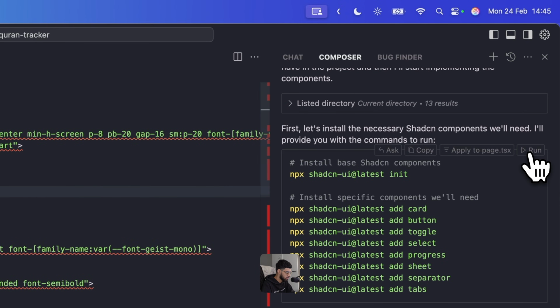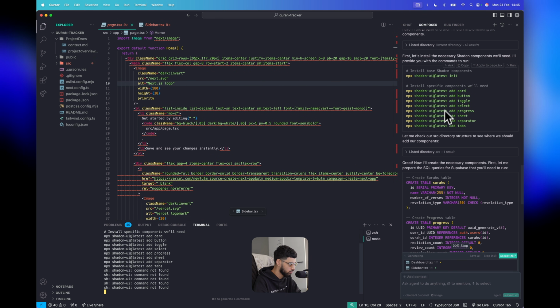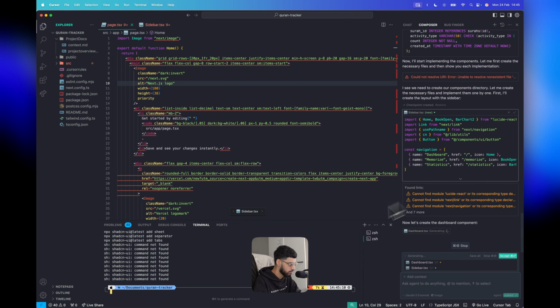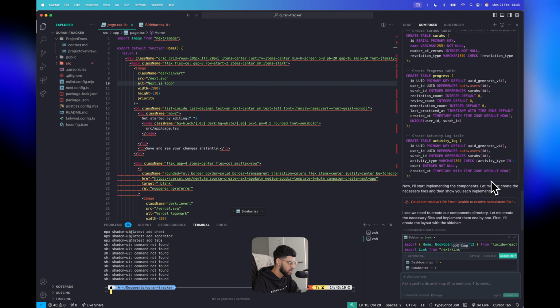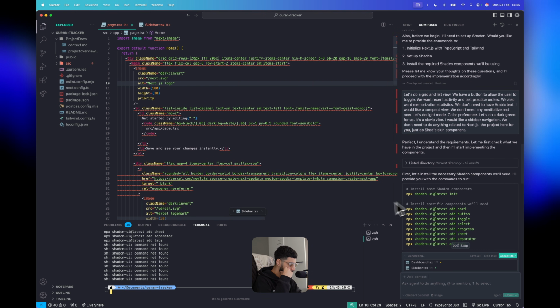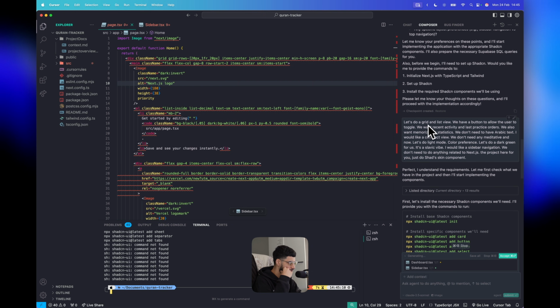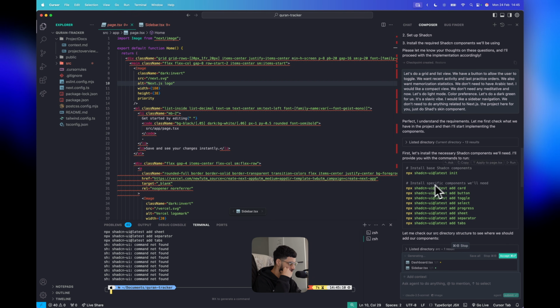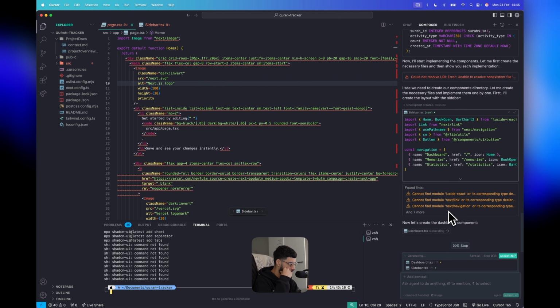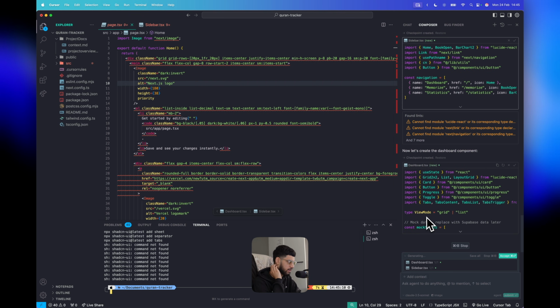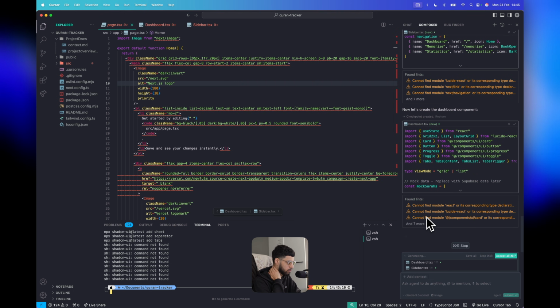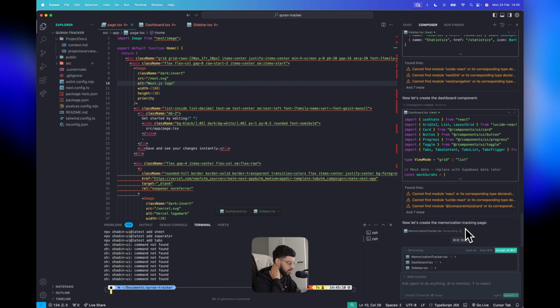I think it wants me to run this, so I'm just going to do that. But these are all the wrong commands. So I think what happened is my Super Whisper actually had a bug, and it didn't work from this point on. So I had to redo it, but I think that's what's caused this issue here. What I will do is let it build everything first, and then we'll install the shadcn components once we get loads of errors, which I think is going to start happening now.